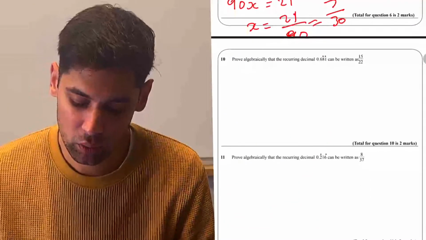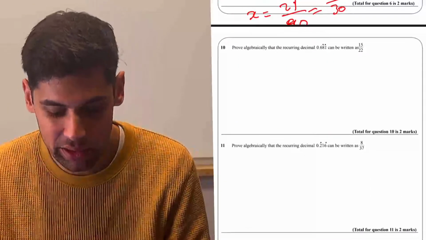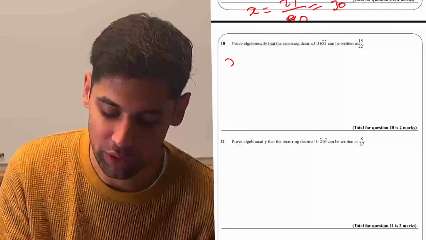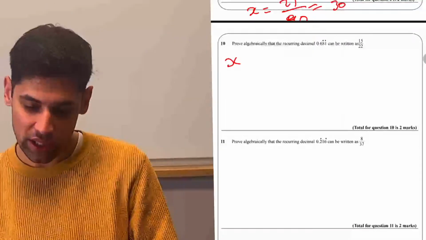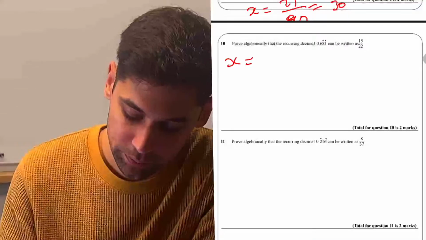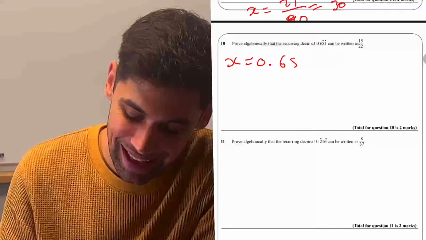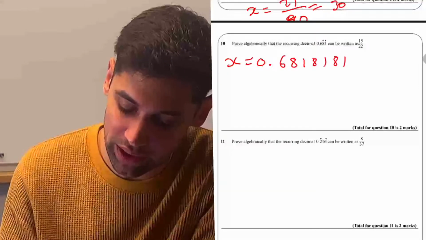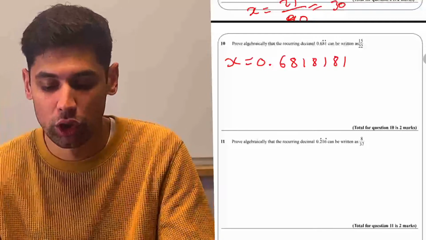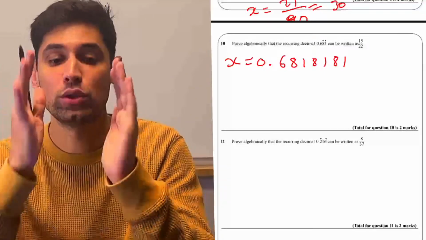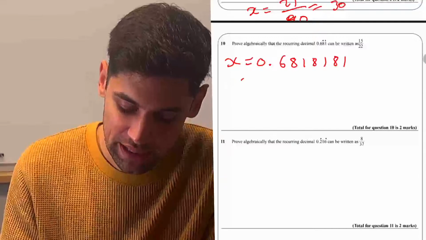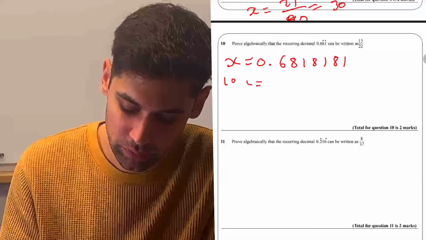I think we'll maybe skip question 10 because it's pretty similar to the ones we were just doing. But just to clarify, this would be... Actually, we're not going to skip question 10. I think it's really important. I chose these ones for a particular reason. We'll just go through them a little bit quicker. 0.68818181. Again, the dots show the beginning and end of the recurring cycle. So 8 and 1 means those are the ones it recurs between. So we go to 10x equals